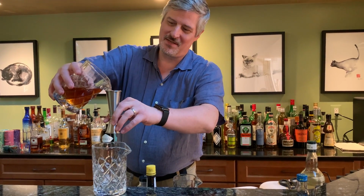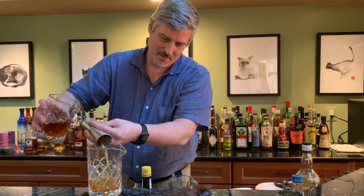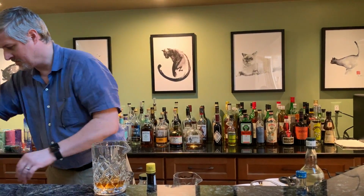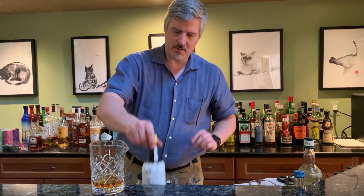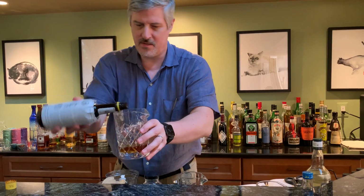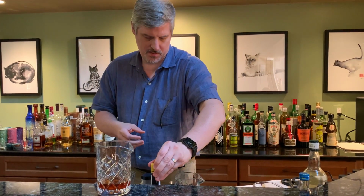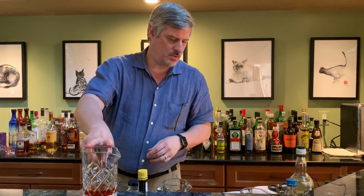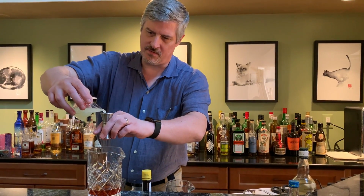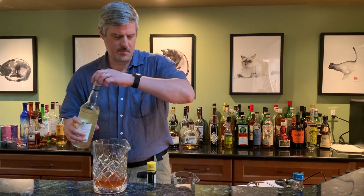2 ounces of coconut oil washed bourbon. And then, usually I do bitters first because it makes less of a mess that way. 2 dashes of Angostura bitters, 2 ounces of bourbon, and then 1/2 an ounce of lime, 1/2 ounce of the falernum,